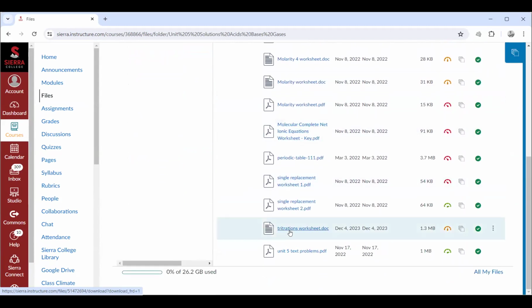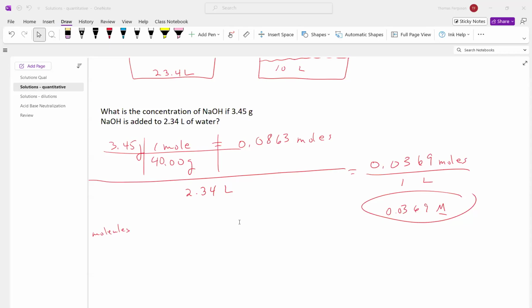And then a worksheet on titrations. We haven't talked about that yet. That's what your lab is going to be this week, titrations. In fact, I should probably cover that now. Yeah, do titrations now. Okay, so let's do